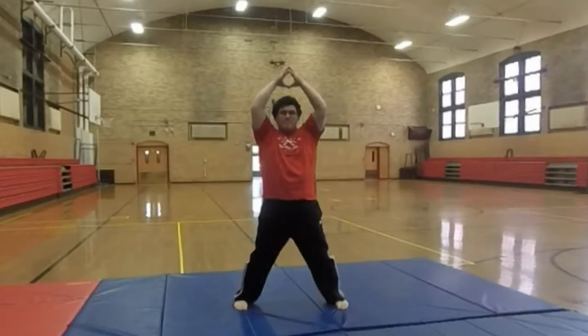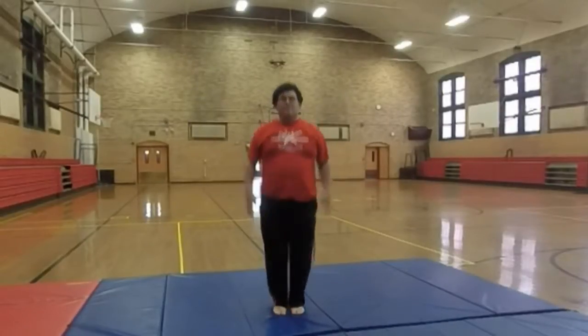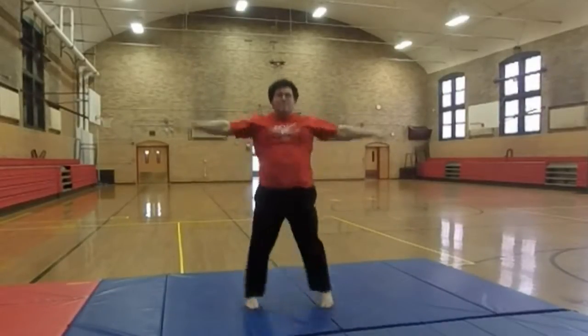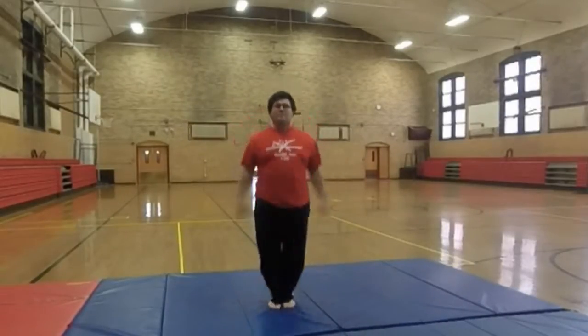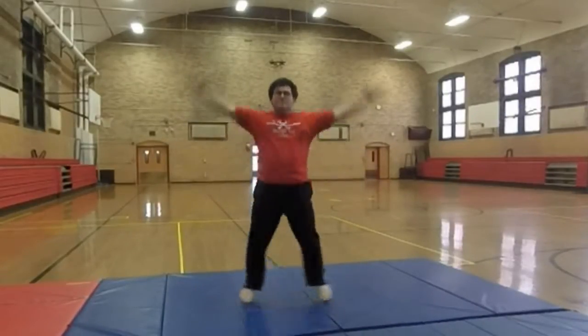point-to-point coordination, on the clap, don't just clap your hands together over your head. Try to get your fingers to tap each other. The palms won't touch, just the fingertips. If you can manage to get that while we do the jumping jacks, you're going to improve your body's point-to-point coordination. Normally, these jumping jacks are done in a set of 20. I'm not going to make you sit through that much of my bouncing around, but you can watch a few